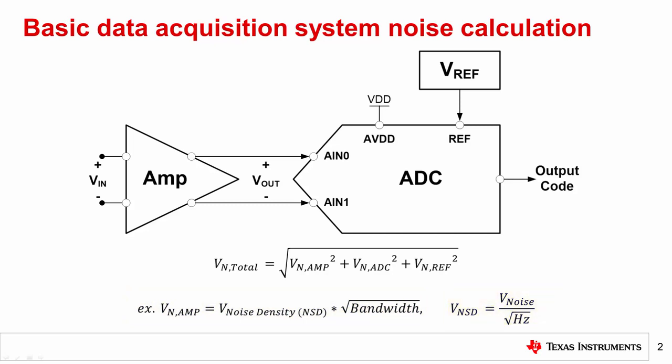In other cases, the component's noise values may be defined over a specific frequency range, though the bandwidth seen by that component in your system, as well as its noise contribution, might be different. In either case, you need to know the combined filtering and resulting bandwidth applied to each noise source to calculate the total noise. While that may seem simple for the block diagram shown here, determining the bandwidth seen by each component can be challenging if you account for all possible filtering sources.